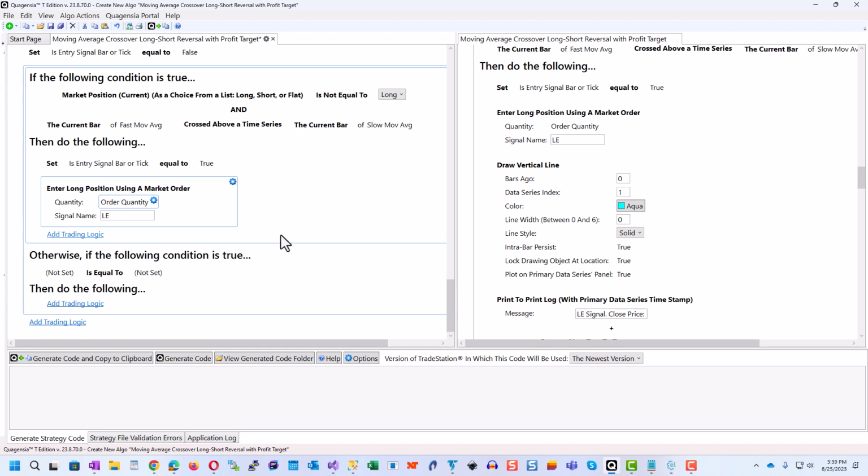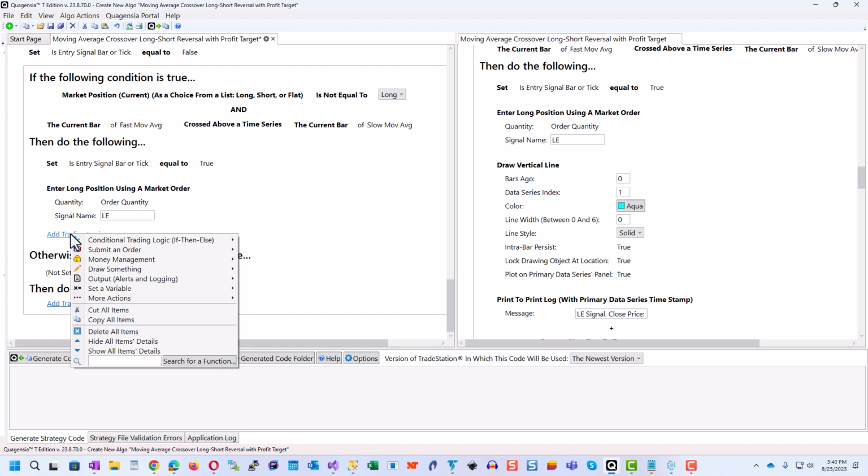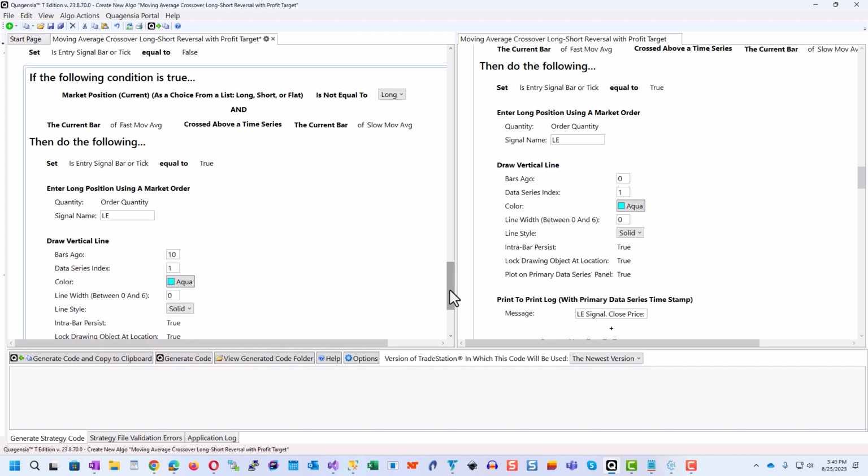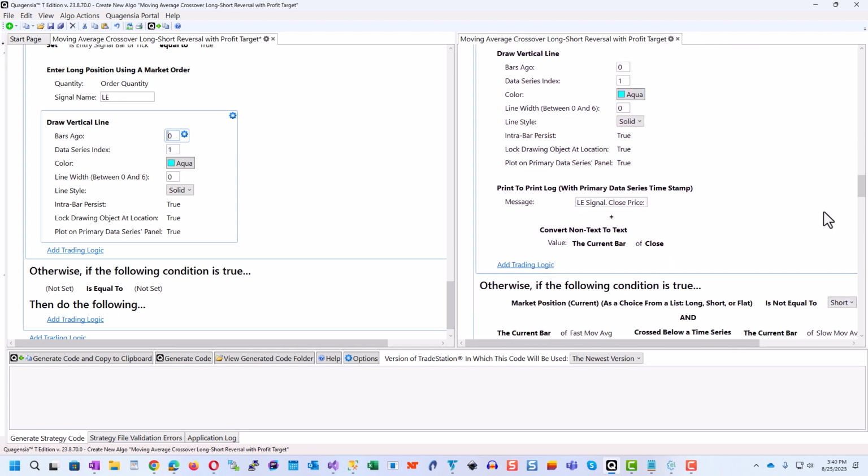Great. And now let's go ahead and here we draw a vertical line. So do that. It's draw something, lines, draw a vertical line. Bars to go is 0. 0 means the current bar. 10 means 10 bars before the current bar. So we've entered long and we've drawn an aqua